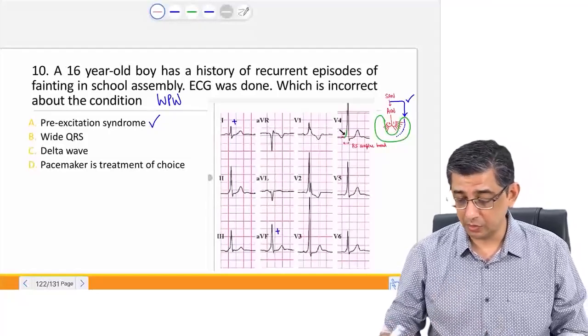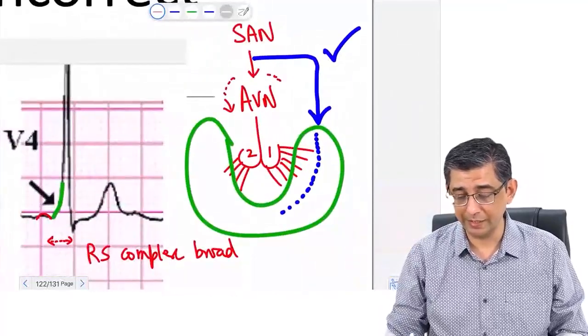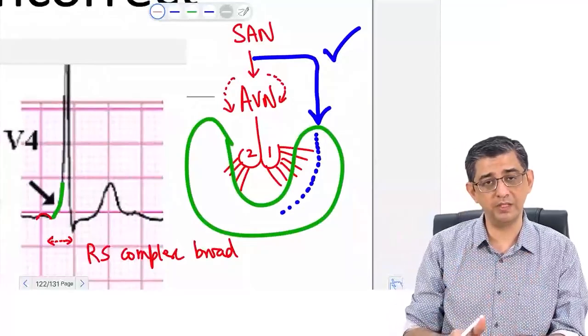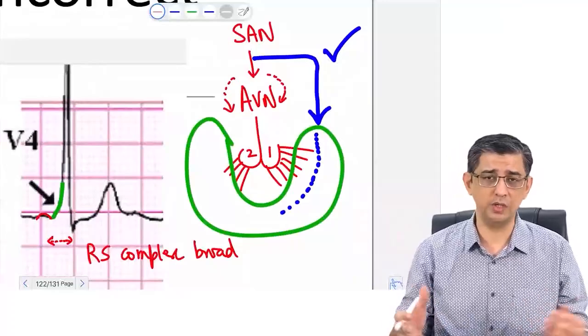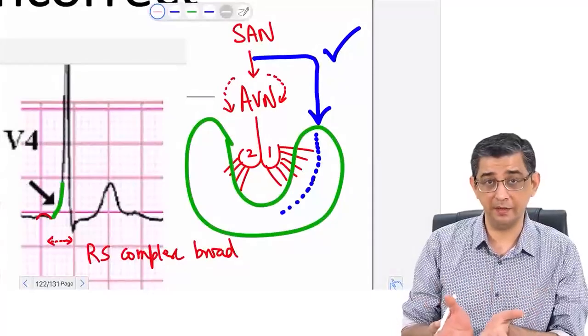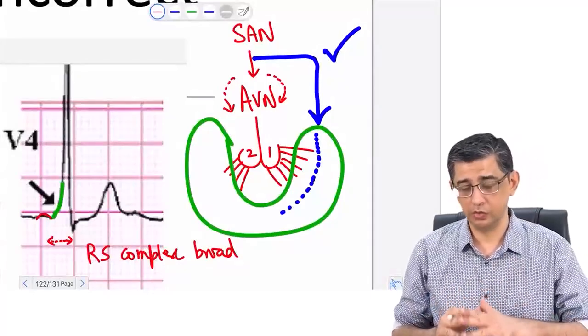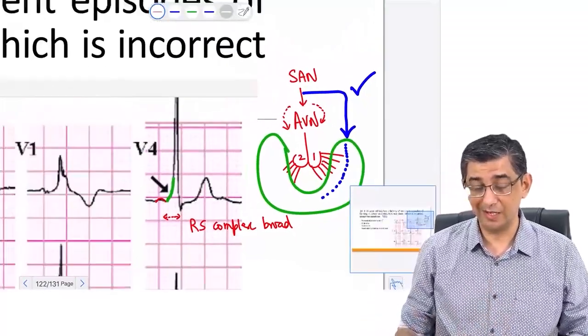Why am I saying that? Because the AV node of yours and mine is very slowly conducting. AV node has a decremental property. It will put on the brakes. But this blue fiber that I've drawn is ultra fast conducting. This is going to be like an ice skating ring, minimal friction. So the current is just going to zip across, reach into the ventricular muscles and cause an early